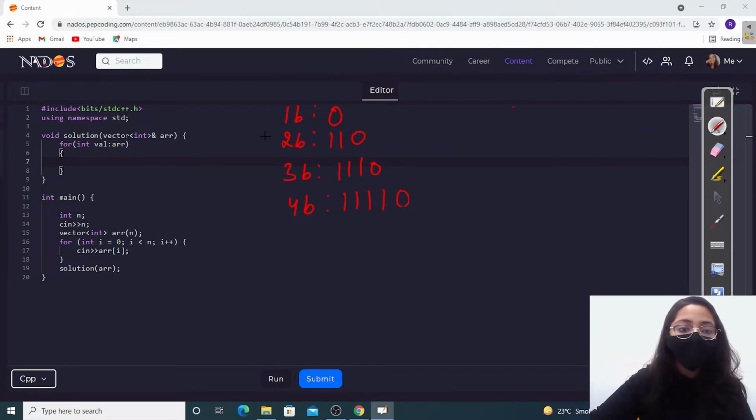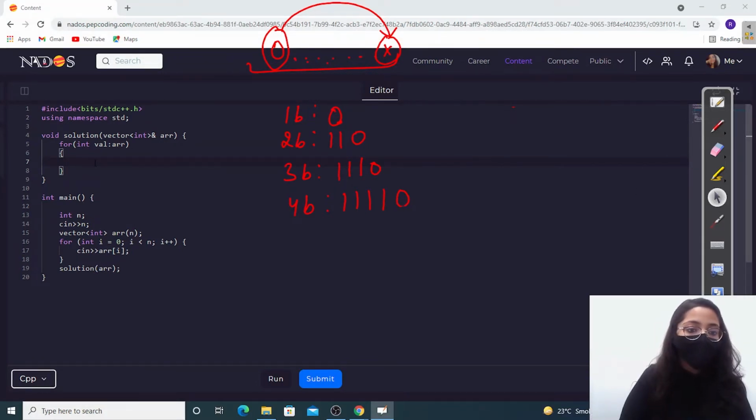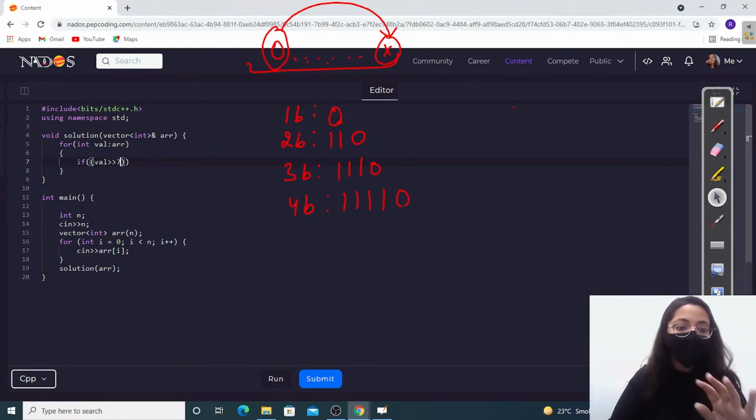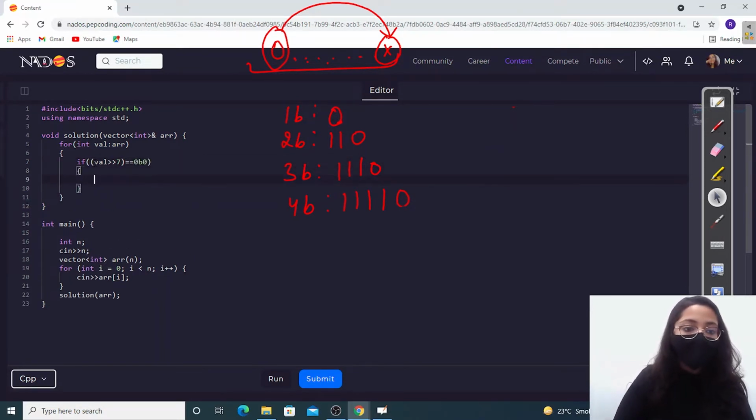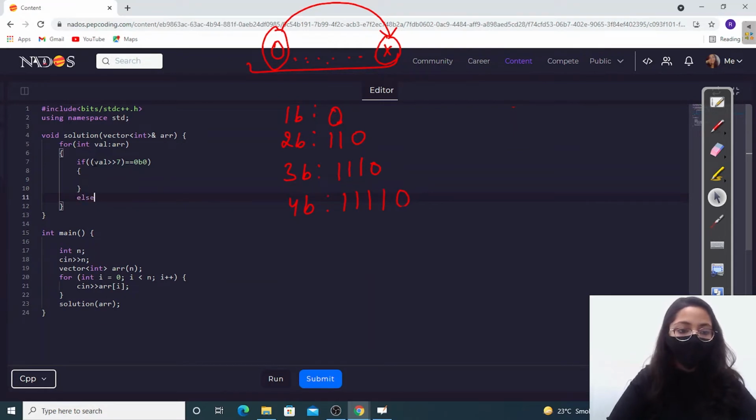When we are working with a number which is 1 byte long, that means it should have 0 in the beginning. So I have 0, then 7 random bits. I want to check this, so I need to bring it over here, right? So I have to shift it by how many places? 7 places, right? So I will create a condition over here that if I shift my value by 7 bits and end up getting 0 in binary, then I'll do something with it. Else if